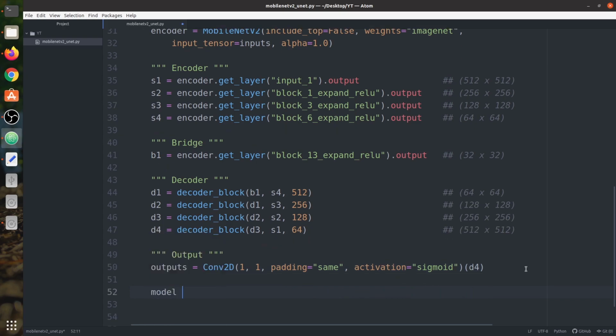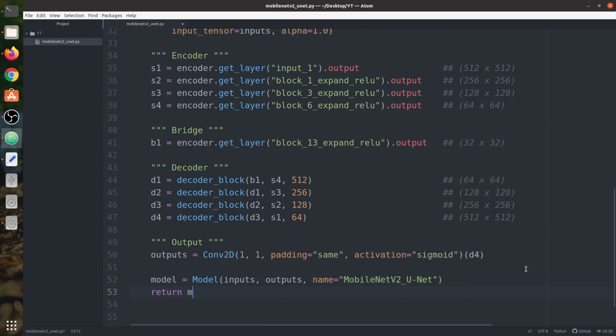Now we're going to say model equals Model, inputs, then outputs, and name we would give it like MobileNetV2 UNet. Now we're going to return the model.